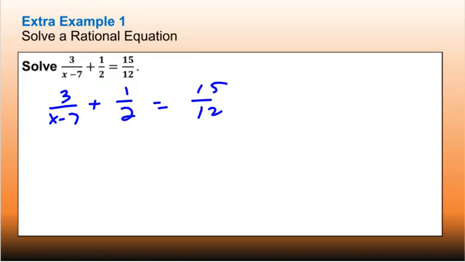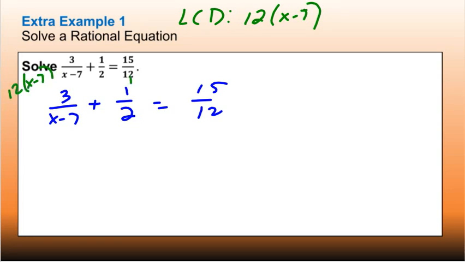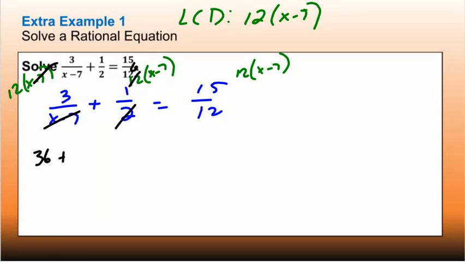Multiply the least common denominator. The least common denominator would be 12(x minus 7). So 12(x minus 7). Okay, and this has x minus 7, so it's 3 times 12, which is 36. Plus, this has 2, divide this by 2 gives us 6. And 6 times x minus 7 is 6x minus 42. So I'm just distributing the 6 equals, I have the 12